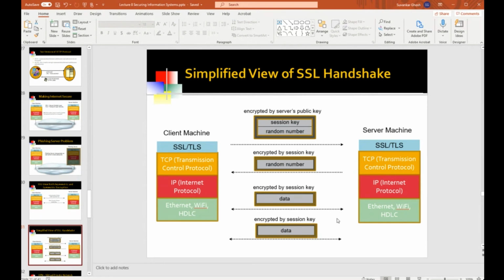Therefore, the session key is typically much smaller than the length of the private key and the public key. So whereas you may have, let's say, the public key and private key 512 bytes long, the session key is typically no more than 128 bytes. That is still pretty secure. Pardon my French here, but that is still very secure.